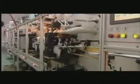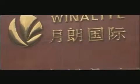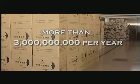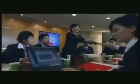All Love Moon products are made and packaged in a sterile environment, where production is stopped every 2 hours and everything is disinfected before continuing for another 2 hours. The cycle is repeated. With a state-of-the-art facility located in Guangdong Province, China, the 1 million square foot manufacturing wonder is able to produce and package over 3 billion napkins per year. Possessing an international certificate of quality, ISO 9001 has made it easier for the product to pass through the FDA